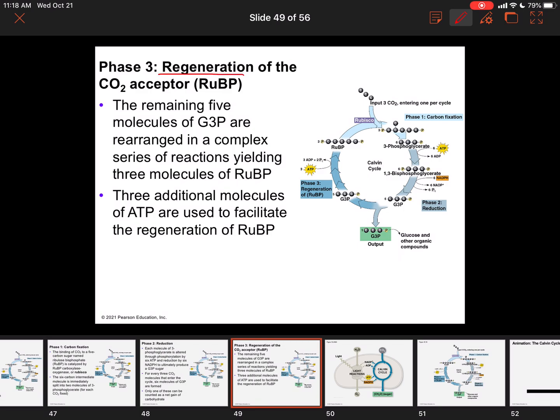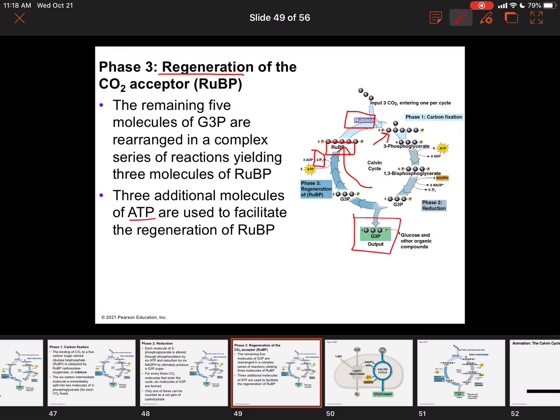So after this G3P is produced, the other carbons that were left over from these 6-carbon molecules will then come back up and become 5-carbon Rubisco again after they are phosphorylated. And so this will require another input of ATP so that Rubisco can be recycled and reused again. Okay, so we've got to have ATP again for that to take place. Where did we get that ATP? That ATP came from the light